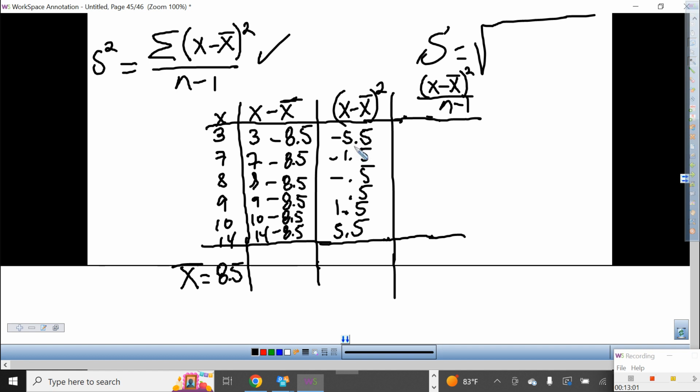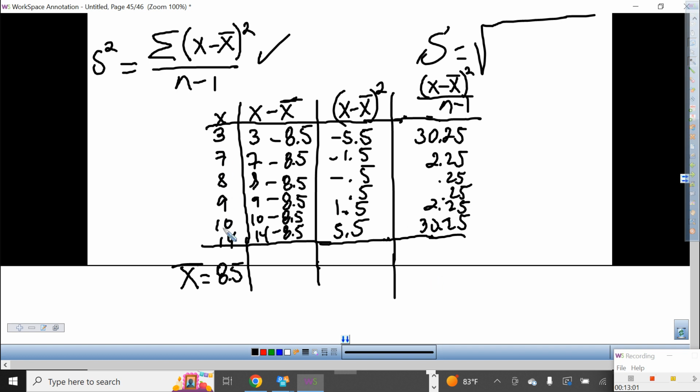What is 5.5 squared? 30.25. What about 1.5 squared? 2.25. 0.25. 0.25. 2.25. And 30.25. Yes? Then if you add all that together, divided by n minus 1, which is divided by